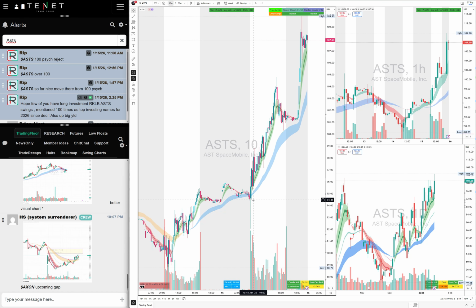You get long right here, breaking 96. It's a little choppy, and you just have to hold the 512 clouds. Once it breaks 100, it's going to go higher. You already know that. Once it breaks 100, it's going to go higher. That's a 100 breakout, I told the traders.